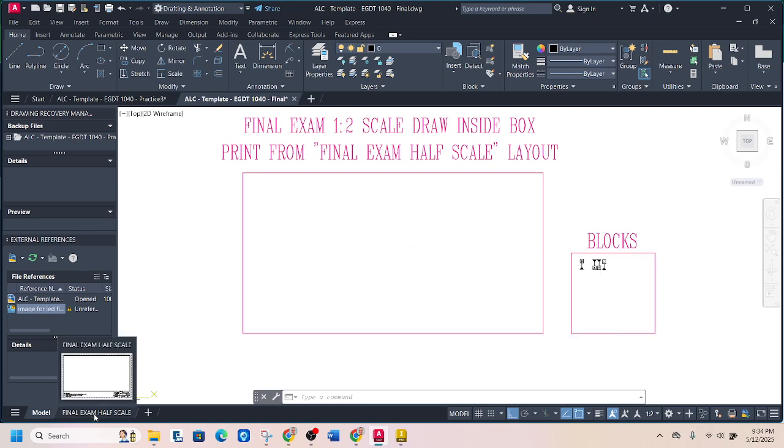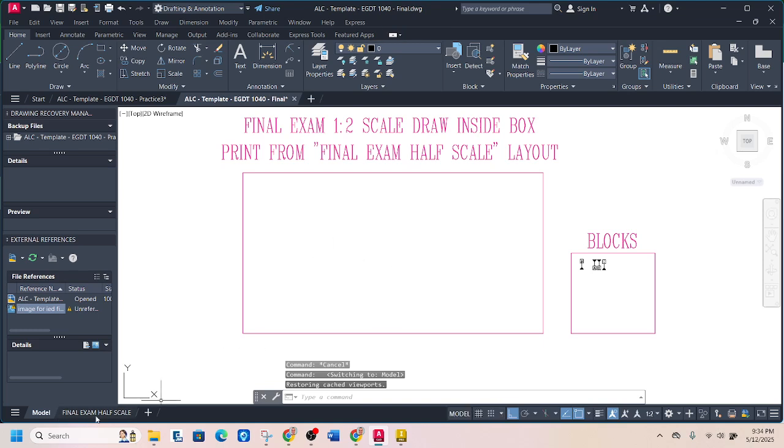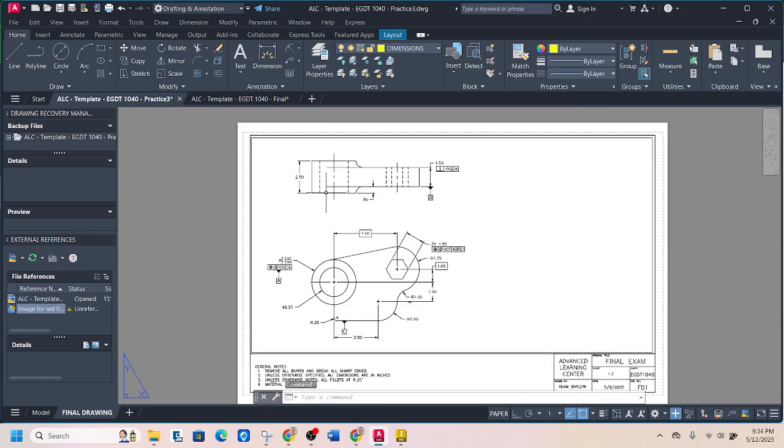And this is where it's going to populate. So this is kind of like our construction site, and then this is where it gets rendered for us. So these are two different tabs. They're linked together. So as an example, I'm actually going to be drawing this part, which is really similar to